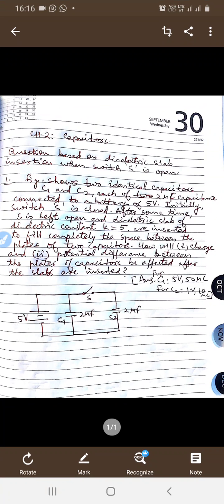I read the question. Figure shows two identical capacitors C1 and C2, each of 2 microfarad, connected to a battery of 5 volt. Initially, switch S is left open and a dielectric slab of dielectric constant K equal to 5 is inserted to fill completely the space between the plates of the two capacitors. How will charge and potential difference between the plates of the capacitors be affected after the slabs are inserted? So, see here,